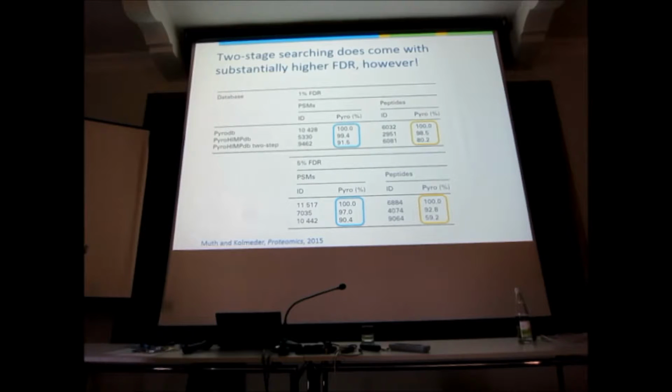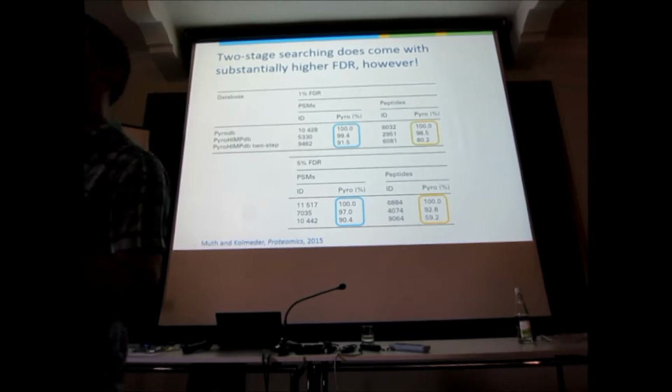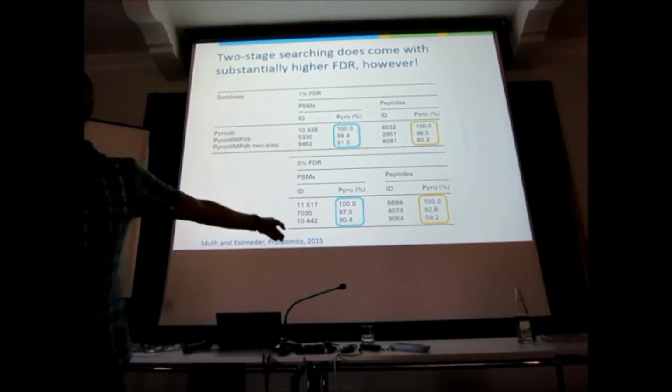At 5% FDR, things are exactly the same. We control the FDR by sacrificing a lot of hits. But when we do the two-stage search, here it goes off the rails, there it explodes in your face. This is 60% is right, 40% is wrong. And people publish and they say, I did this, and I've got 5% FDR. And it's not their fault, right? It's not their fault. But now we can see that this creates problems.